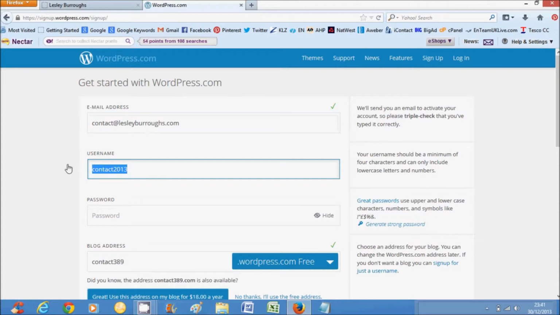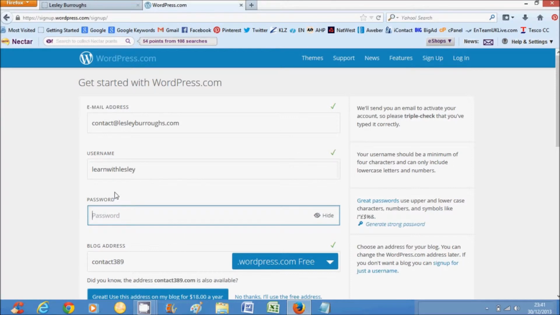It then asks for a username, and this is the username that you will use to log into your site to be able to input all of the information on your pages and your blog posts. Again, by entering that and moving to the next field, it checks that it's available. So a green tick says it's okay to use that. If not, a red cross would come up. It would give you suggested alternatives, or you can just simply keep entering different usernames until you find one that